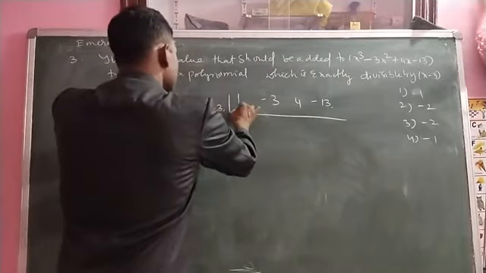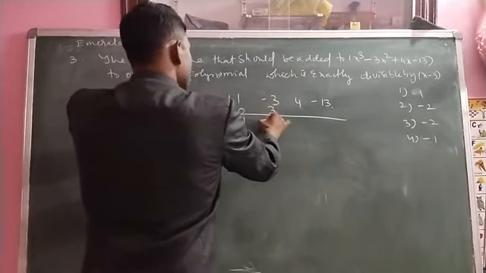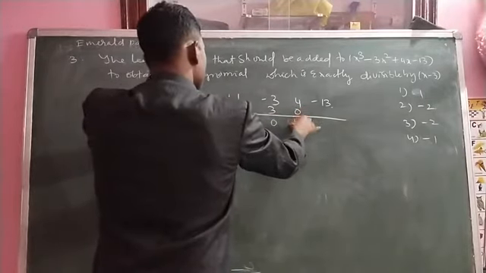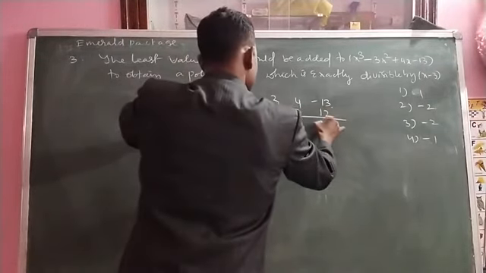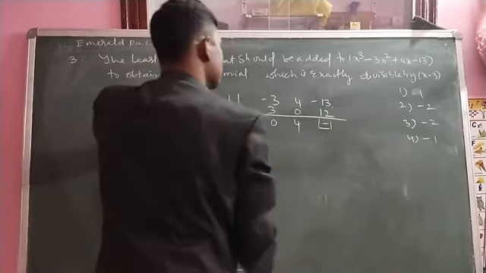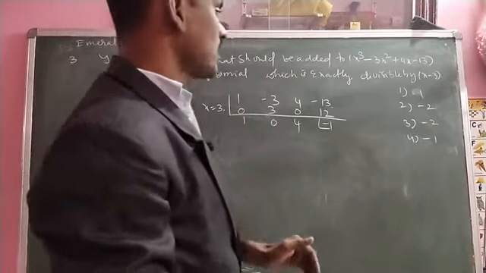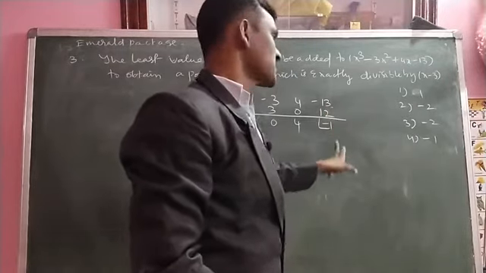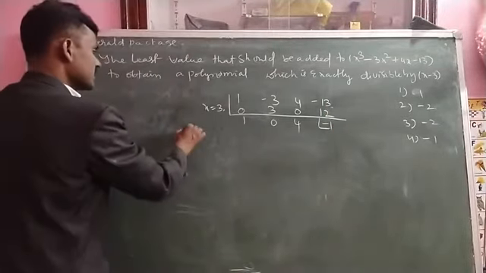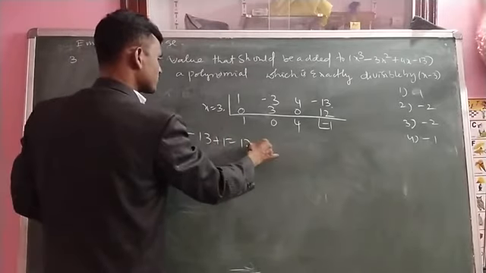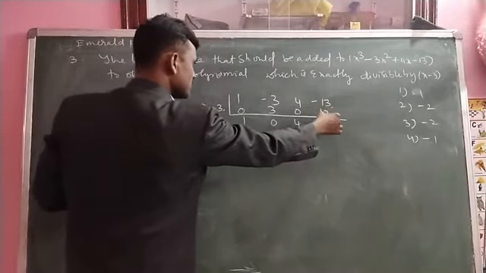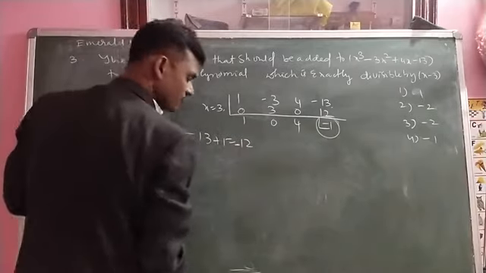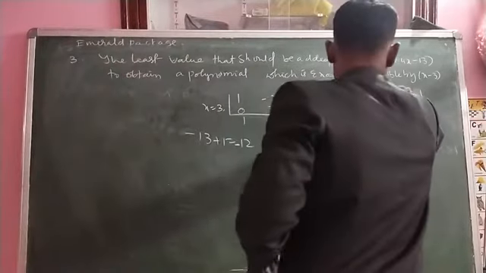Okay, if it is divisible by x minus 3, then what do we have to add here? See here, first write 0 here, 3 here. 0 into 3 is 0, 4, 4 into 3 is 12. Here this is minus 1. What we have to add here is 1, and this is also minus 12. Minus 13 plus 1 means this is minus 12. Minus 12 plus 12 is equal to 0, the remainder. That's why you have to add 1. This is the first option. Note down.